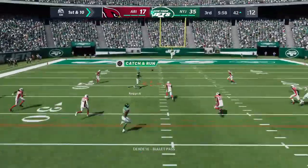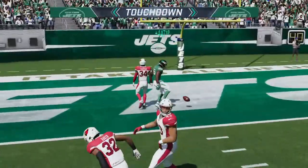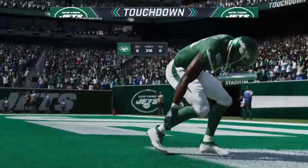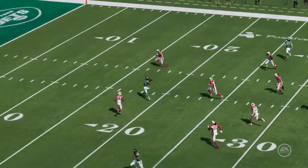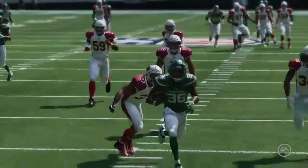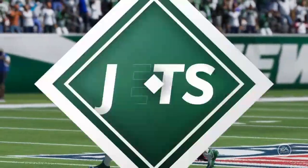Darnold. Pass caught by Ruggs, middle of the field. And he's in. Touchdown, Jets. Henry Ruggs, 42 yards. And the Jets find a way to stretch their lead. And that, boys and girls, is an NFL record 6th touchdown reception. The record has stood since...